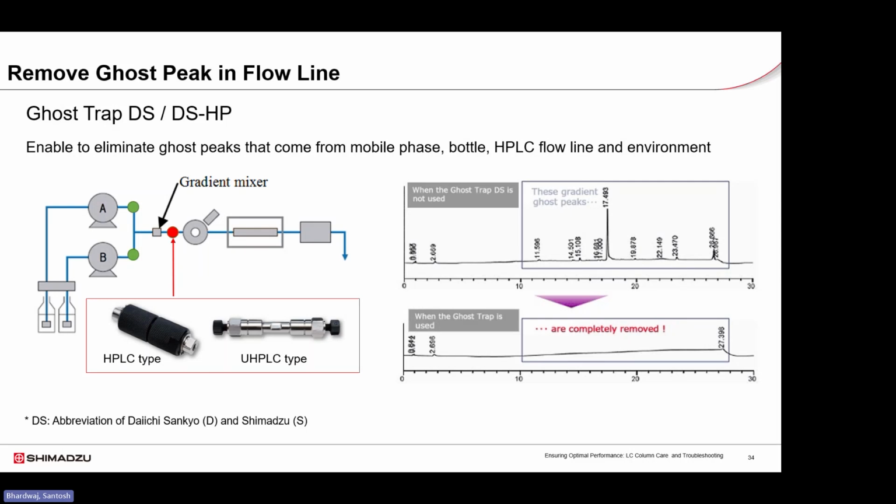This also helps to improve baseline stability and reproducibility, especially in gradient methods. It is installed after the gradient mixer and before the injector, and ensures contaminants from the mobile phase are removed and do not reach the detection system. Ghost traps are available in HPLC and UHPLC compatible formats to match system pressure requirements, and their use significantly